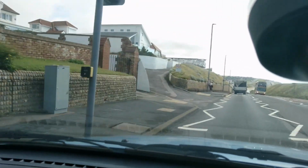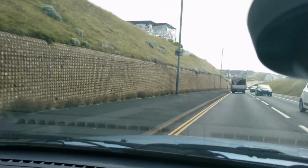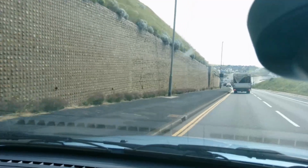Wow, didn't think I'd see a 20s Bentley coming along here today. That's extraordinary. Seats seem pretty comfortable as well. It's